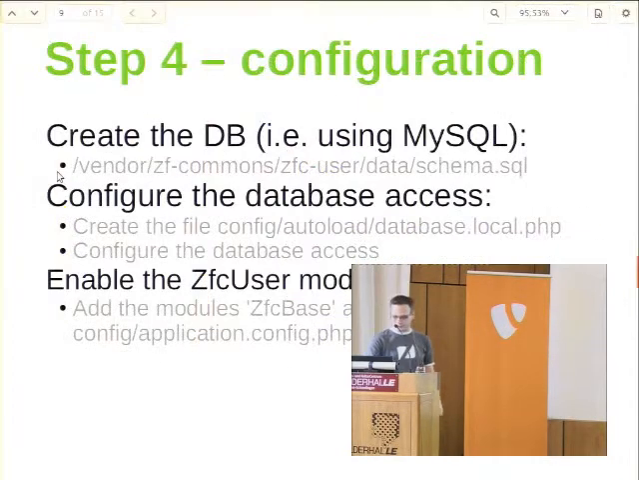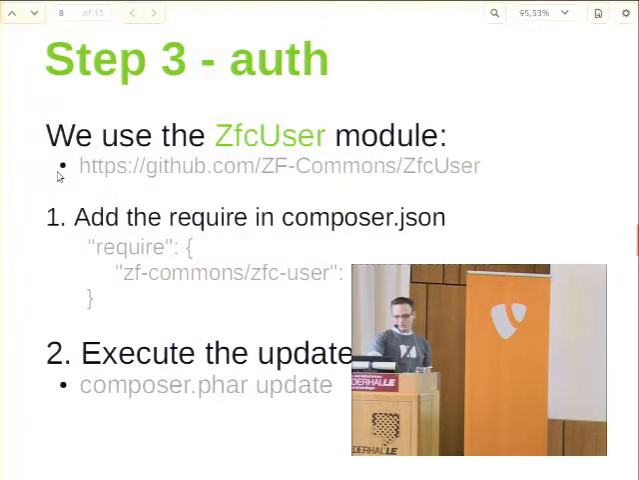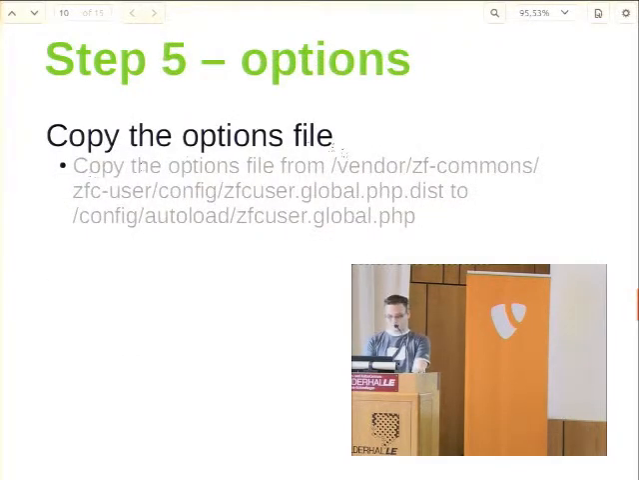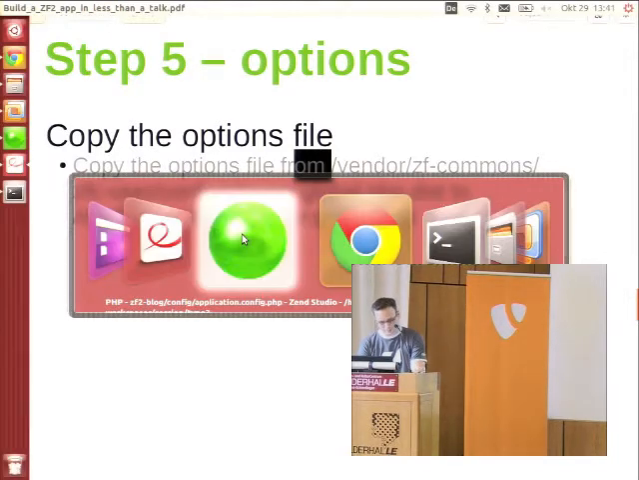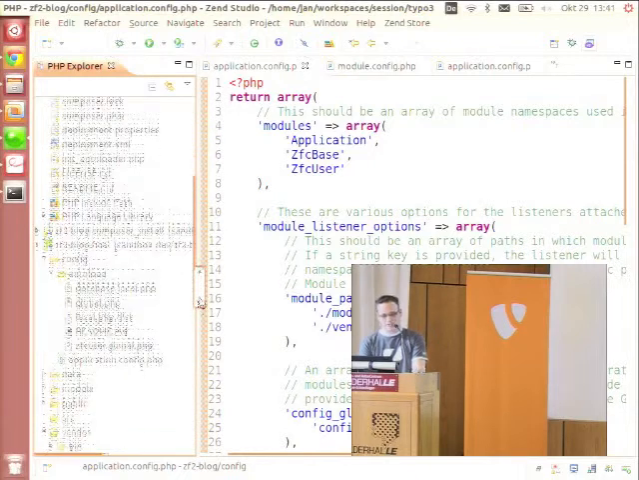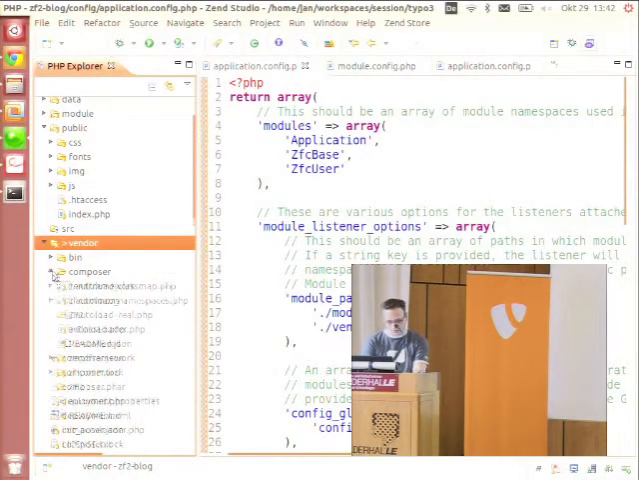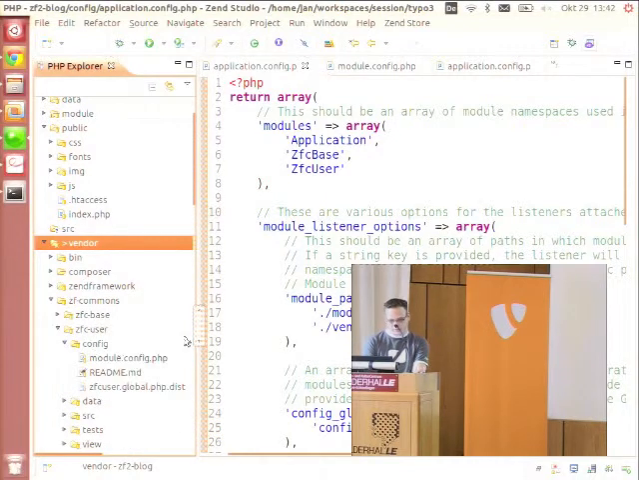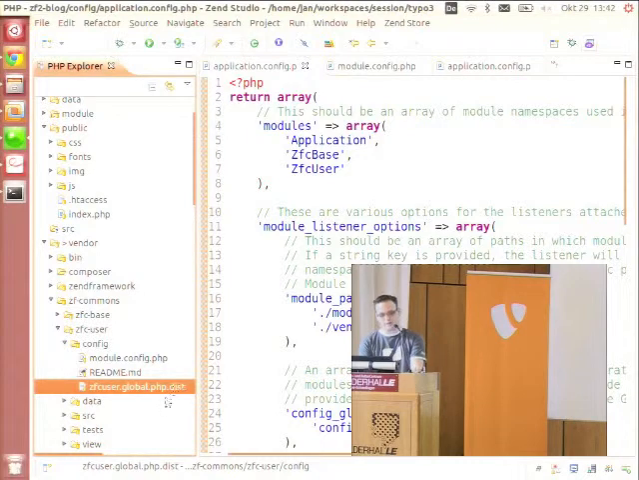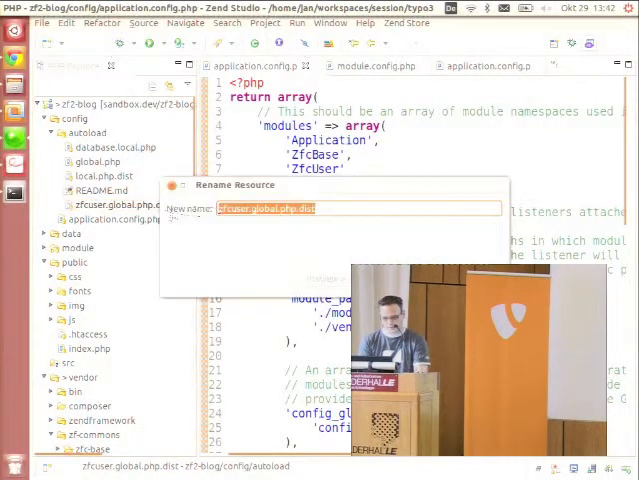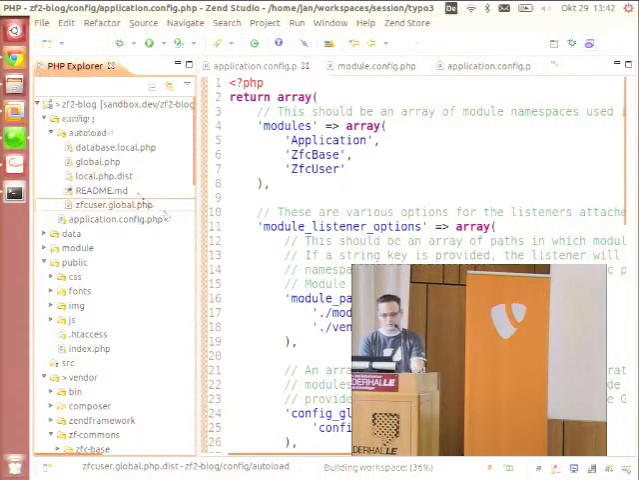All right, let me check whether I forgot something else. Database local. No. This one. Copy the options file. Right, there's this here, correct. This I will also copy, which is actually directly available in the vendor directory. Not in Composer, but ZF Commons, ZFC user, config. Here you have ZFC user global.php.dist. Of course, everything is described in the README, what you have to do in order to implement it. Paste it in here, rename it to PHP,